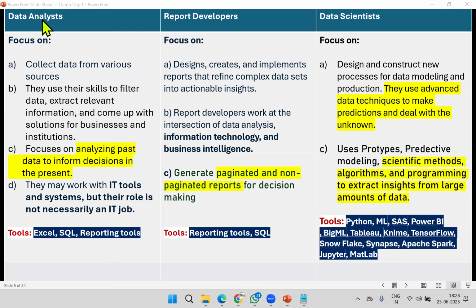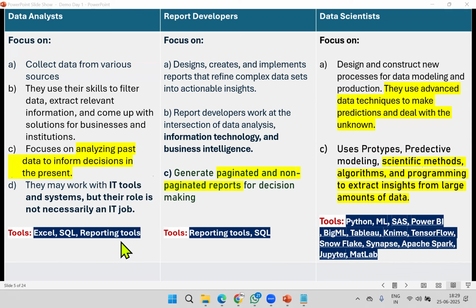Data analysts majorly focus on past data and analyze it. So they use Excel and SQL with reporting tools. Even Excel supports reporting, and SQL helps in reporting as well as some basic operations.